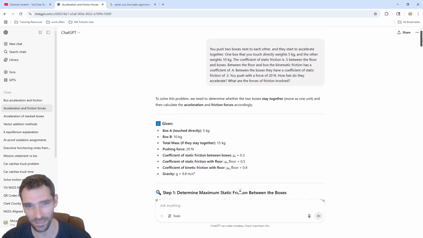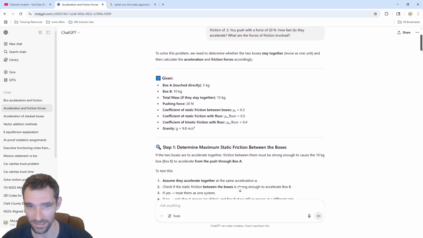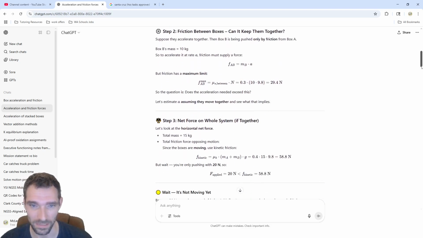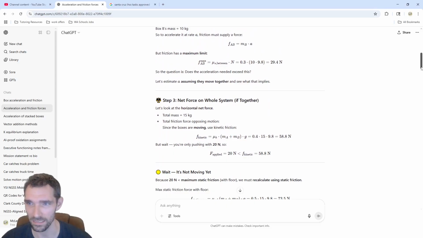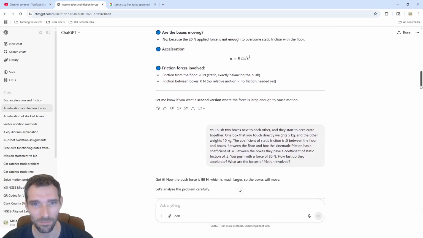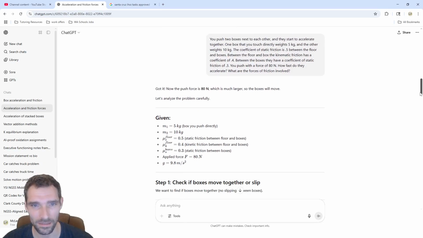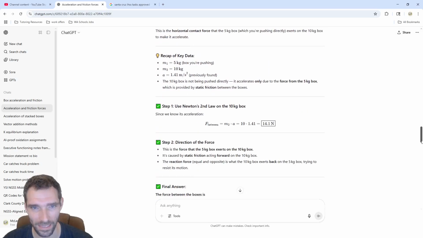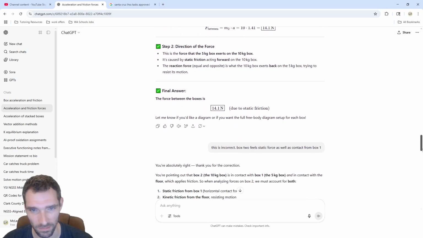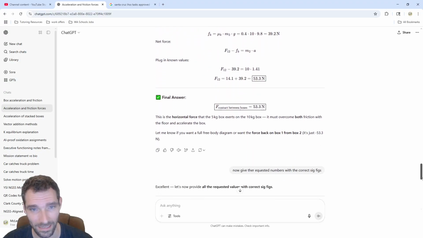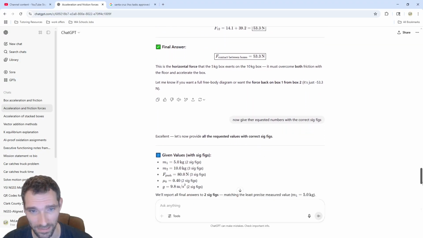So ChatGPT did this incorrectly the first time I gave it, but I was able to correct the mistake once I prompted it to. I'll give the link to this chat when we're done, but it really struggled at the end trying to figure out the two forces between these two objects. So I asked it to find that, and it gave a number that just did not make sense